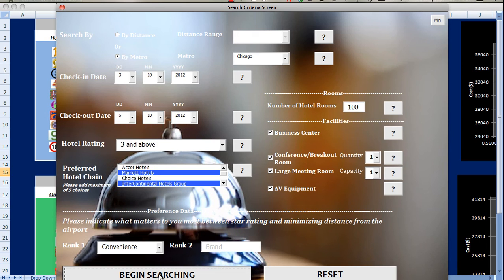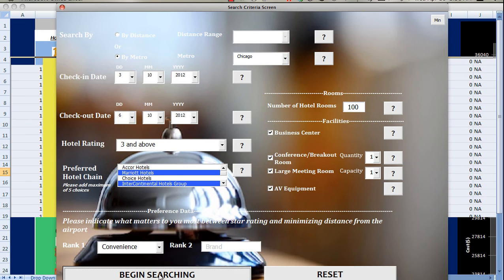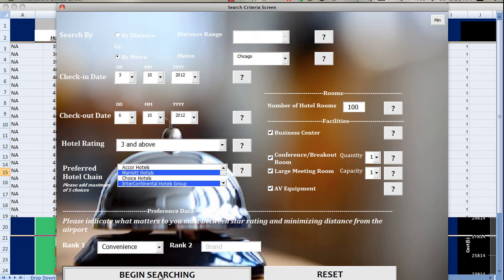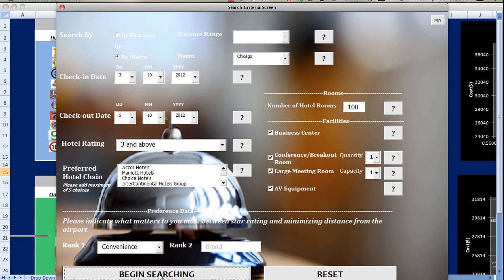Now that I've entered my search criteria, I can begin my search, where the application goes to the database at the back end, checks availability of locations and meeting facilities, performs a search, and generates search results. Once the search results have been generated, I can close my search interface,